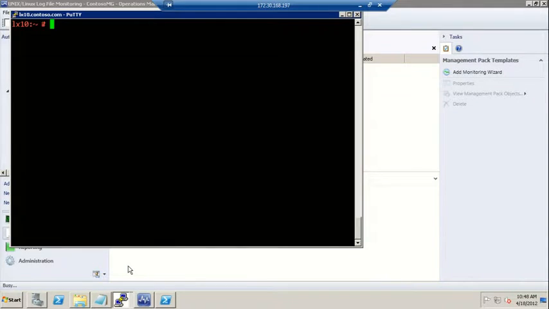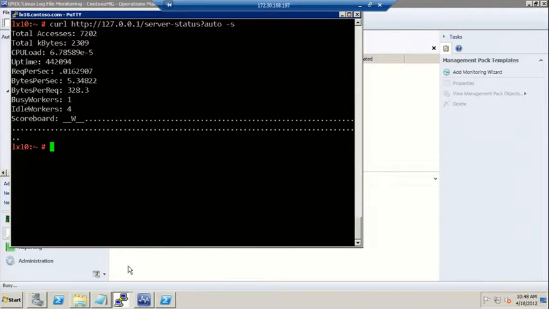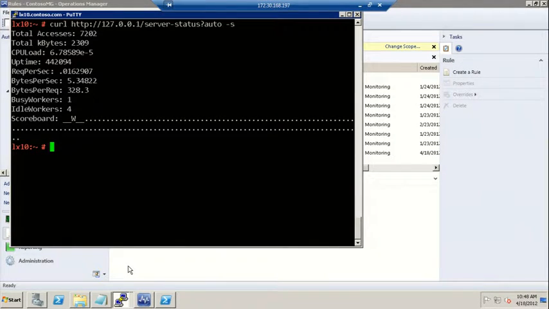So I did mention that Apache has an API that's implemented as a web page that gives us some performance stats. I can use curl, which is like a command line web client on a Linux system, if I wanted to enumerate that page. And we can see the command using the script mode to connect to the server status API. I can see CPU load, uptime, requests per second, bytes per second. So if I wanted to track requests per second, collect that as a performance rule, I could simply